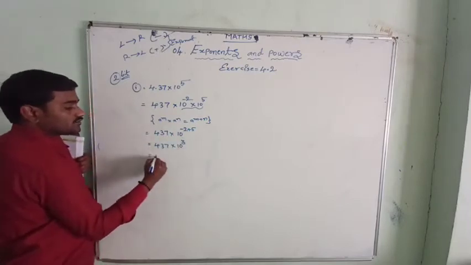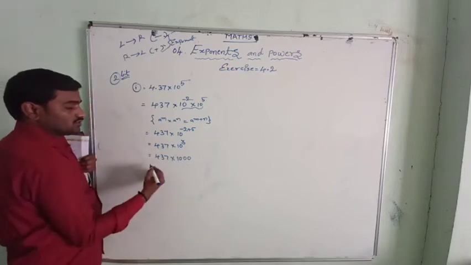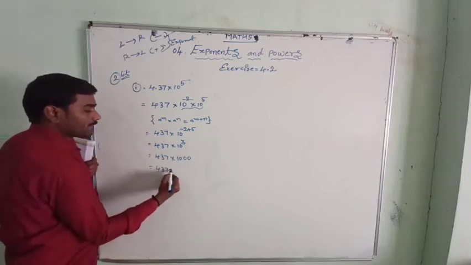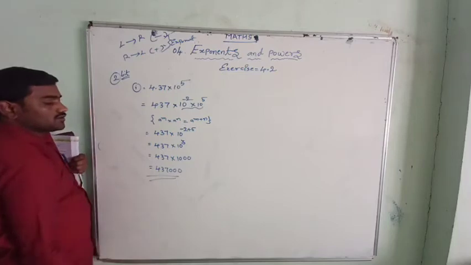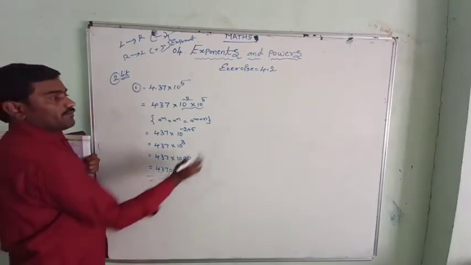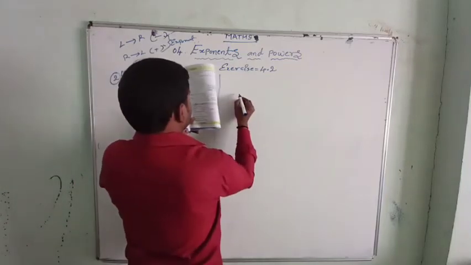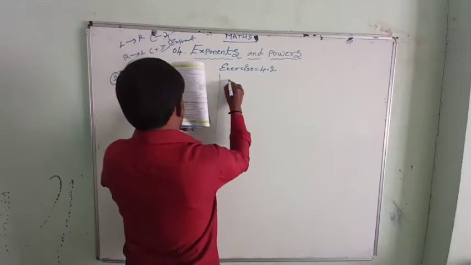10 to the power of 3 will give us 1000. That is equal to 437,000. It is the usual form number. Then next, there is a question here. The second one,